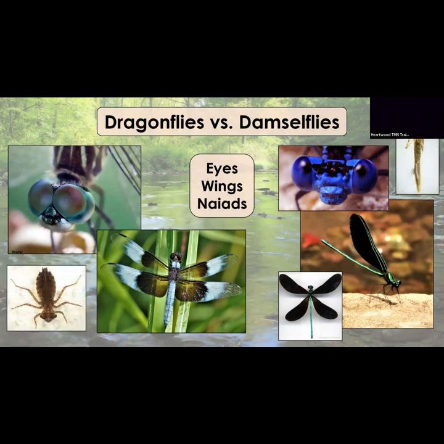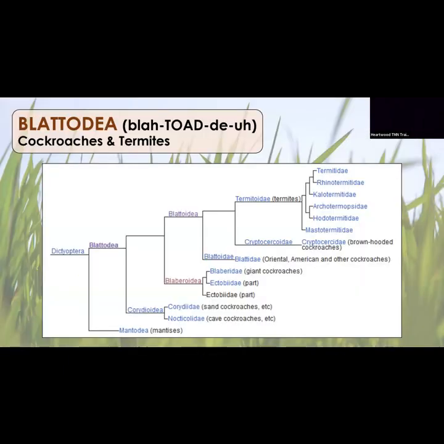And then the naiads. Dragonfly naiads are going to be stout, kind of look angry. They've got these little baskets, so they will bite you. They are predators underwater. And their gills are more like a spout on the back. Your damselfly naiads are going to be slender, and these long things on the back are gills. They have long, feathery gills at the end. So that's how you can tell a damselfly naiad versus a dragonfly naiad. And oftentimes your dragonfly naiad's going to be eating the damselfly. So yeah, dragonflies are fierce.